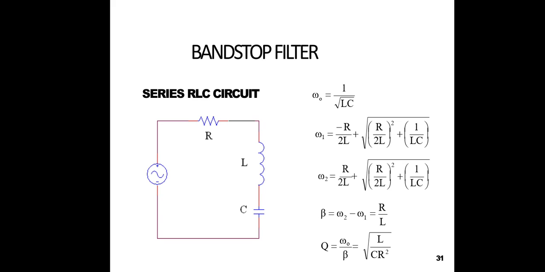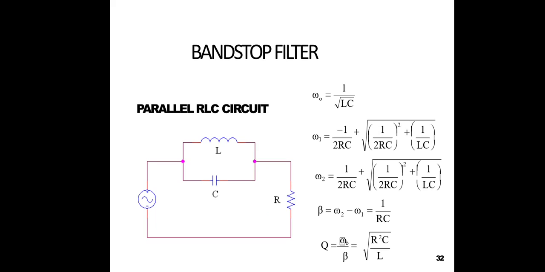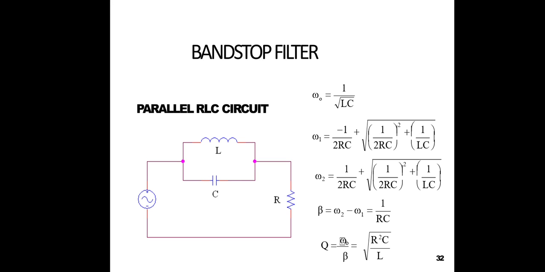Now this is the series RLC circuit for the band stop filter, with the same relations that we observed previously, similar to the series circuit for the band pass filter, and then you take the parallel RLC circuit. Previously it was R and LC here, and this is quite reverse. Just observe that this is the band stop filter whose equations we derived in the previous session. Similarly we take the same results for omega naught, omega 1, omega 2, beta and Q of the circuits. So this is about the band stop and band pass filter applications